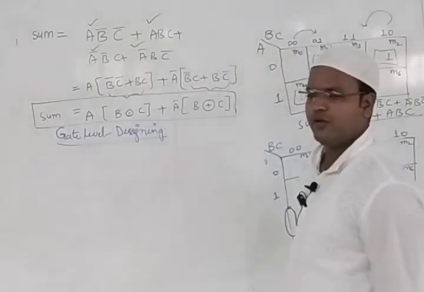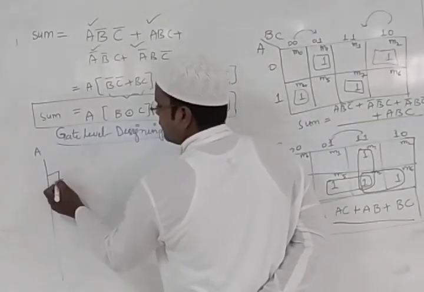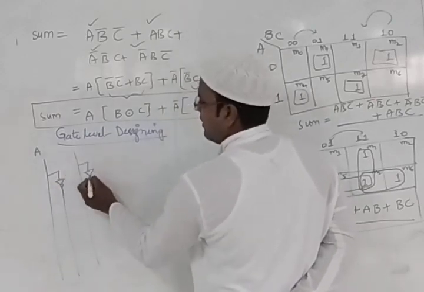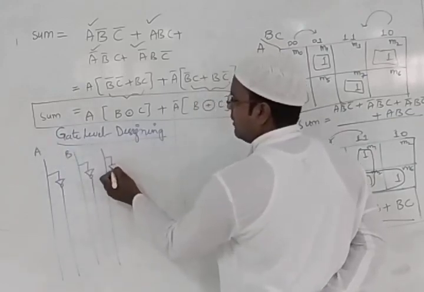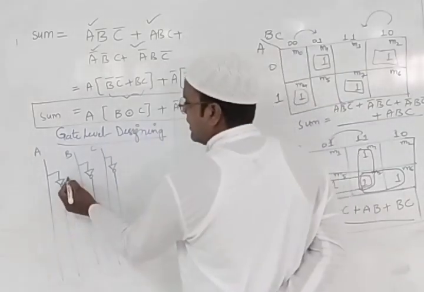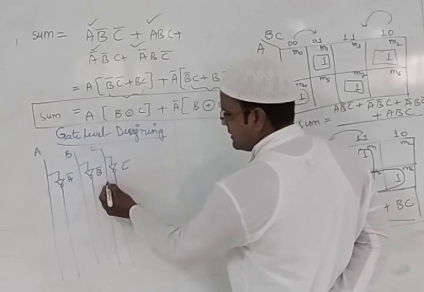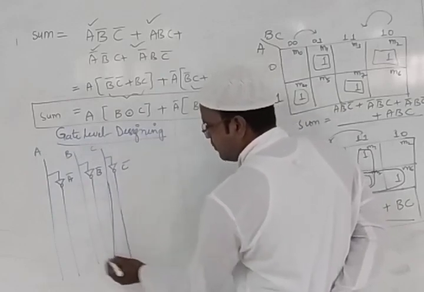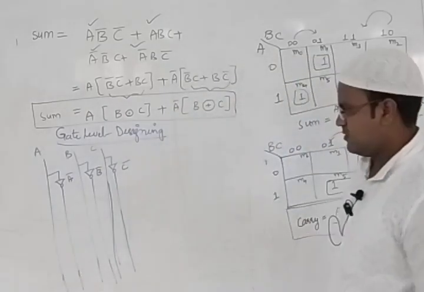So what I'm doing is, I just want to write it down, A. The gate for that would be this NOT gate. Likewise I have B, and the complement would be a NOT gate. Then I have C, the complement would be this part. So what is the output for this? It's A complement, B complement and C complement. These lines indicate your output approach, so I just want to write it down in the vertical way. So this thing we did.